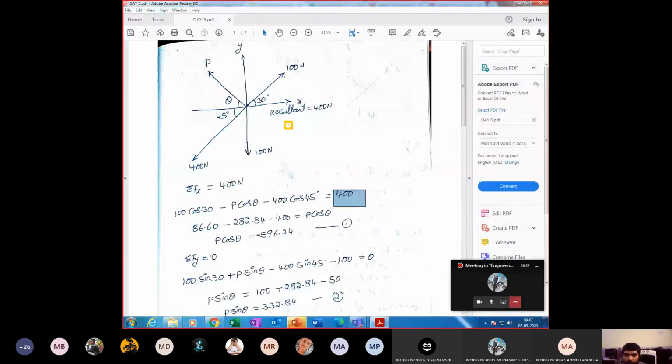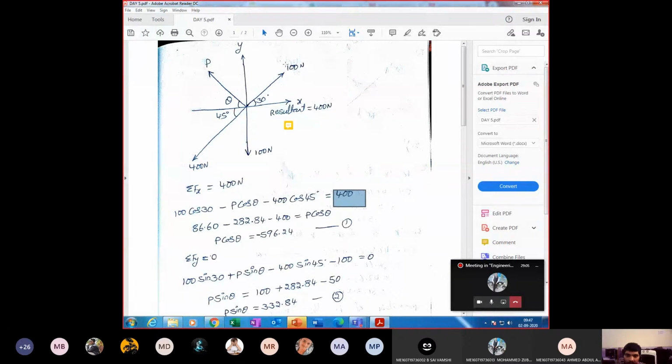I will explain. This is an inclined force. What is the meaning of this 100 Newton? If I am applying some force onto this body, then some effect will be there on the x-axis and some effect of the force will be there on the y-axis. Resolution of forces means how much effect this 100 Newton force has along the x-axis and along the y-axis. Now it is clear this point.